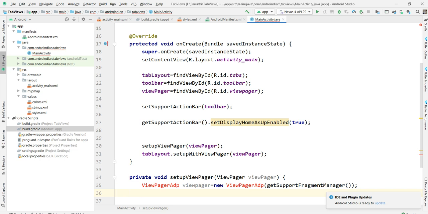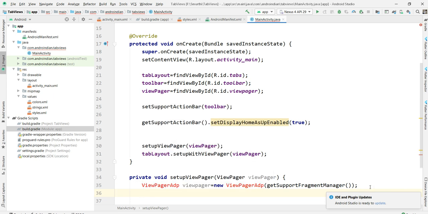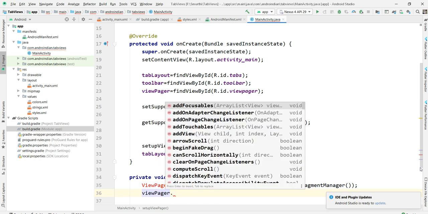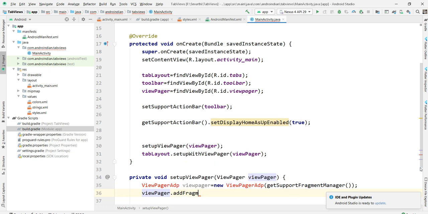Once this is defined as a fragment, now we need to add something extra for this. For this, in the adapter view pager, here I am creating one more predefined method, that is addFragment. I'm setting this fragment here.